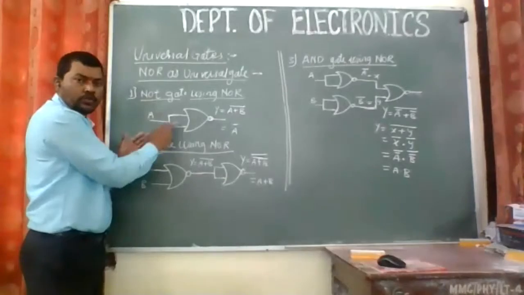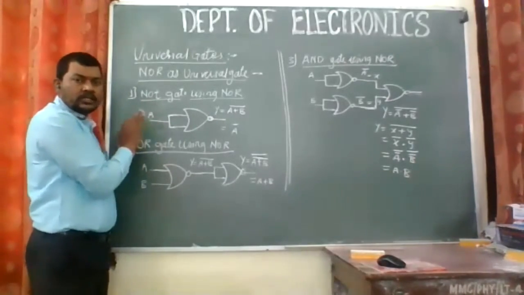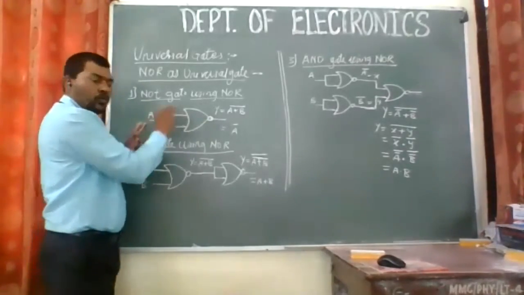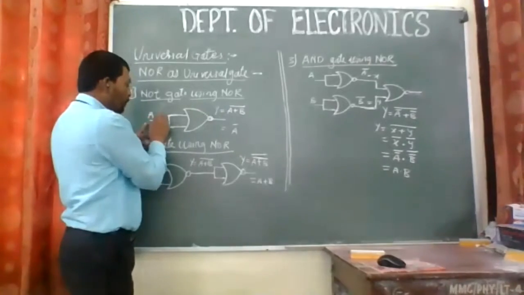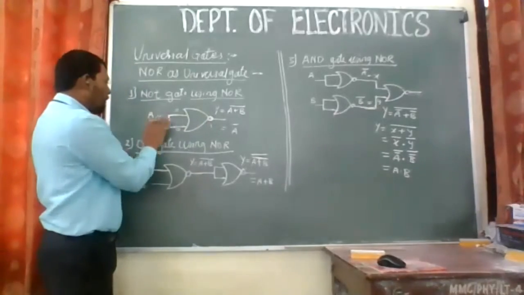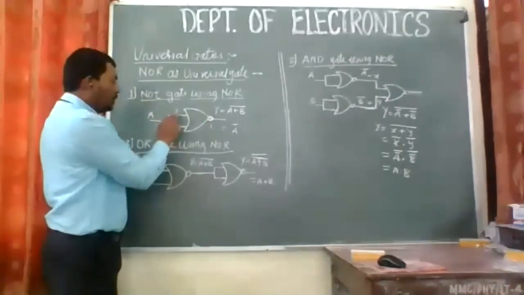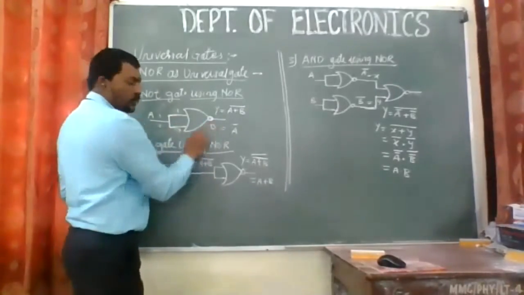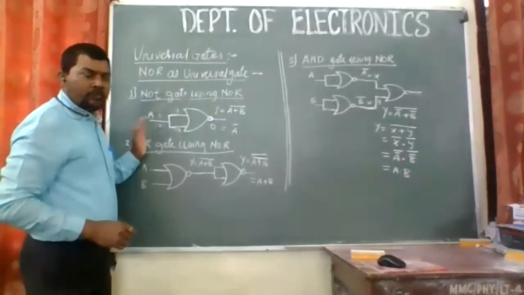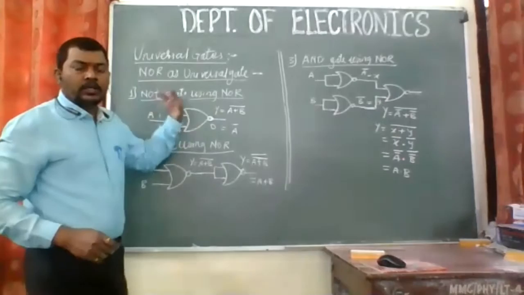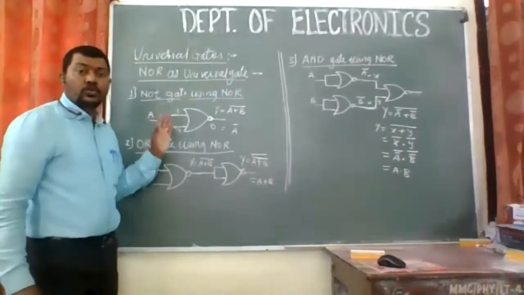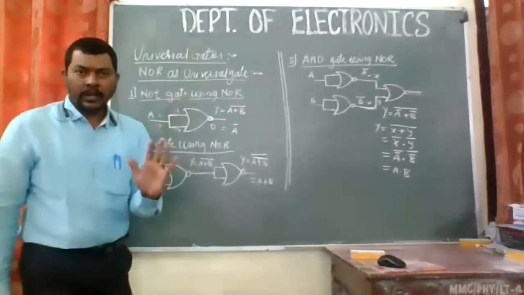By just joining the two inputs of a NOR gate, we have made it one. Since NOR gate is having only one input and one output, so I have made it A. So A, if you give to both the inputs, if it is 0, then both the inputs will be 0, the output will be 1. And if you give 1, both the inputs will be 1 and the output will be 0. Just go through the truth table. Whatever you give over here will be fed to both the inputs, and accordingly the output will be the complement of it. So this circuit is going to work as a NOT.